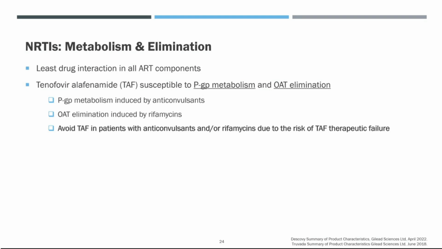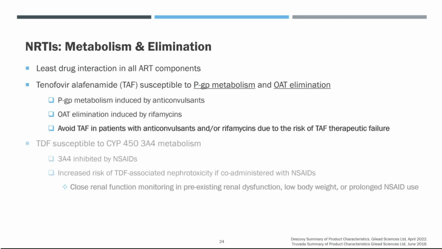So their PGP metabolism is going to be induced by the anticonvulsants, versus the OAT elimination is going to be induced by the rifamycins. So if you have a patient who's already taking either rifamycins or anticonvulsants, you should avoid using TAF components. And one mitigation strategy is actually using a tenofovir disoproxil fumarate, or TDF component. But